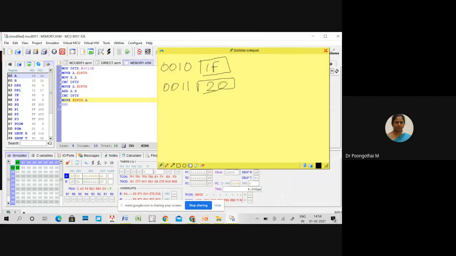So I am going to add these two inputs and store the result in 0012.